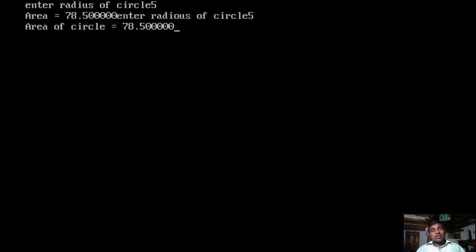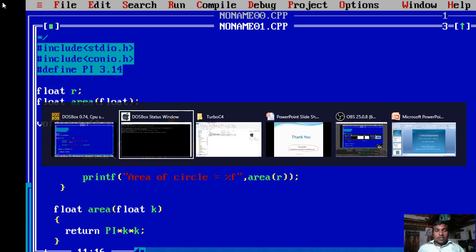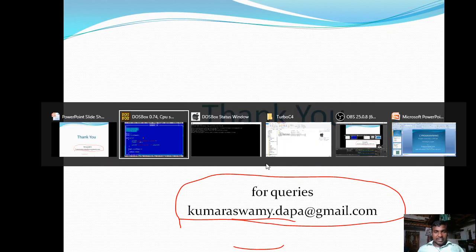You can use any one of these methods while writing programs. In this way you can practice the program. Thank you for your patience. If you have any kind of query, ping a mail to kumarswamidardapa@gmail.com. Thank you.